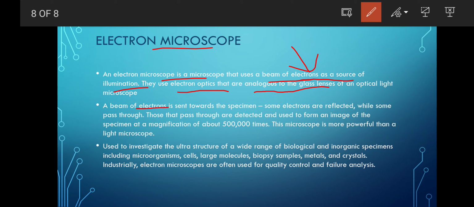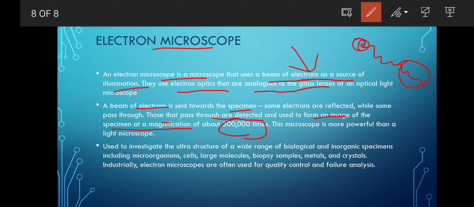A beam of electrons is sent towards the specimen, and those that pass through are detected and used to form an image of the specimen at a magnification of about how much,